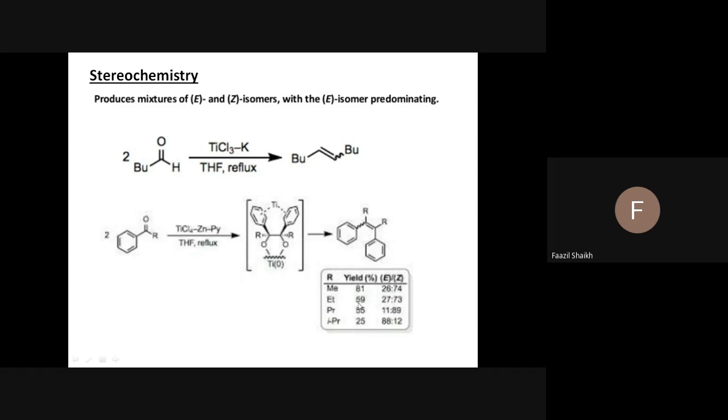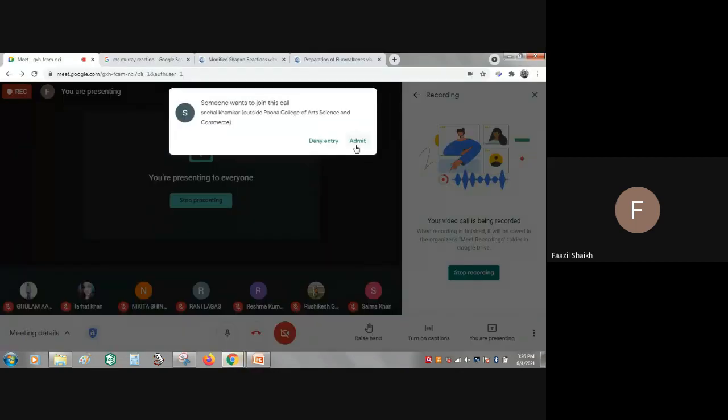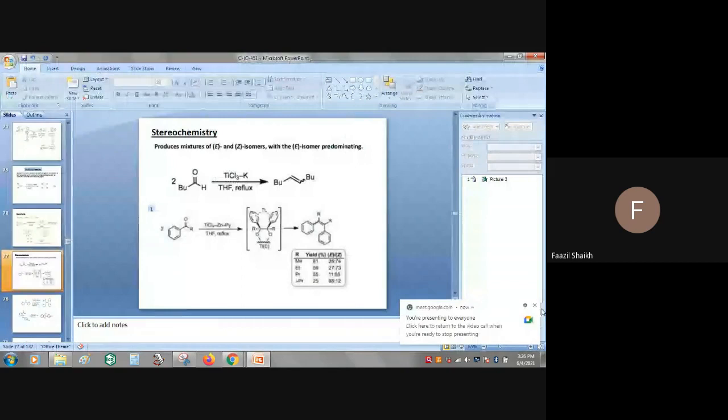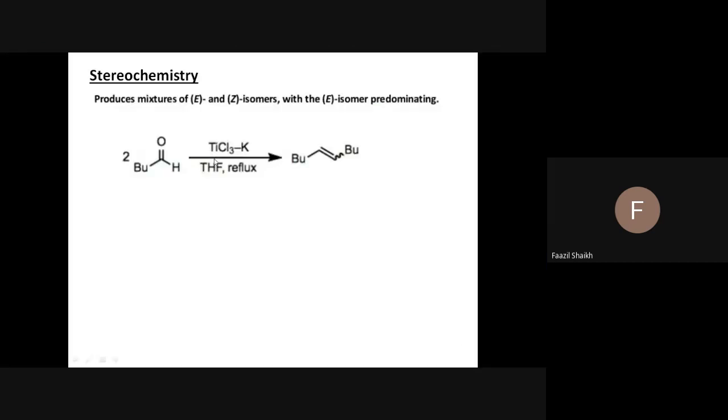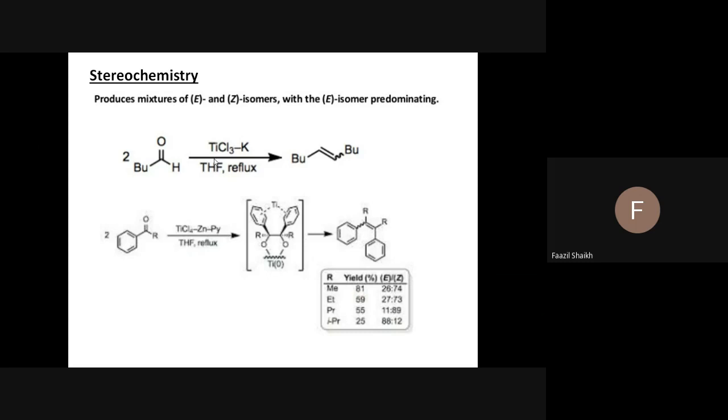The yield of the product will be 81%. So we are not dealing with this. Our aim is to think about the E/Z isomer. When small groups are there, what do they do? If R is methyl, then E will be 26% and Z will be 74%. Means for such a compound, when this is methyl, Z will be the major compound.